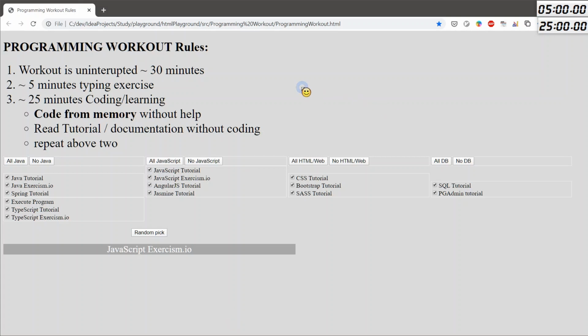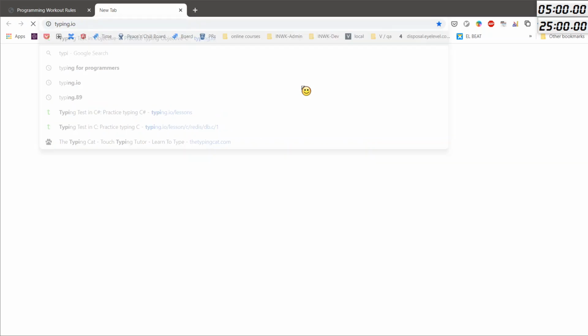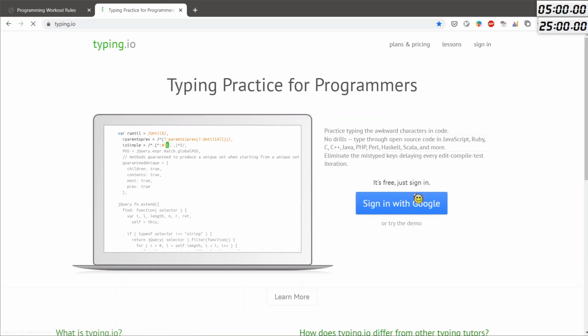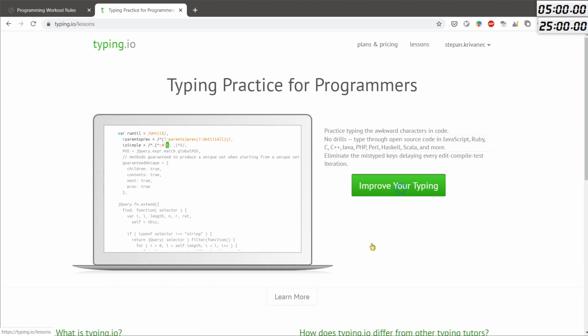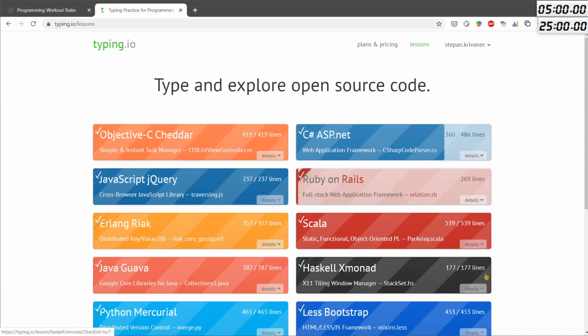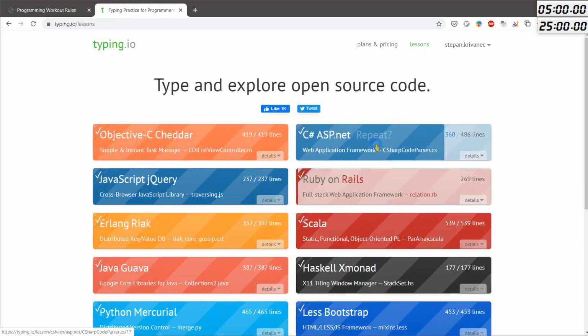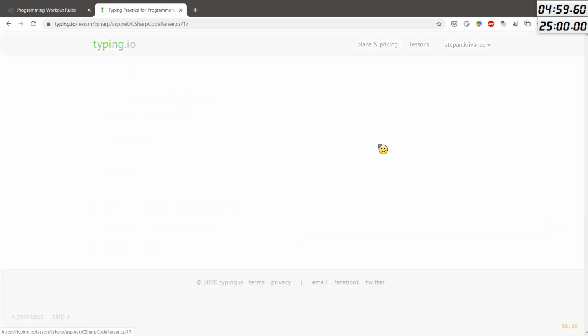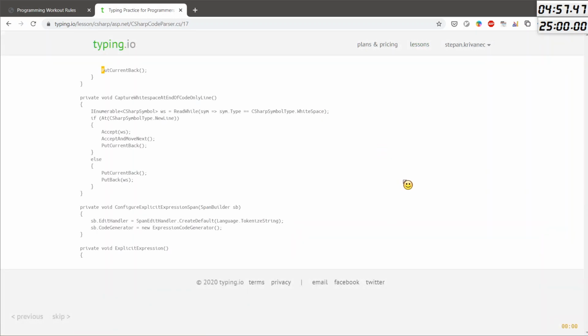So, first of all, we will do the typing exercise, which I do all the time. 5 minutes to be exact. And please load quicker. Everything's small. Everything's slow today, on my machine at least. Okay, so let's go. I will start the clock, lock my mouse, and start typing.